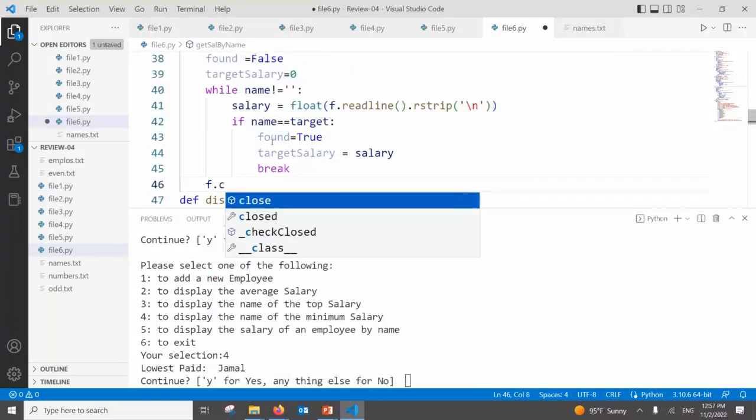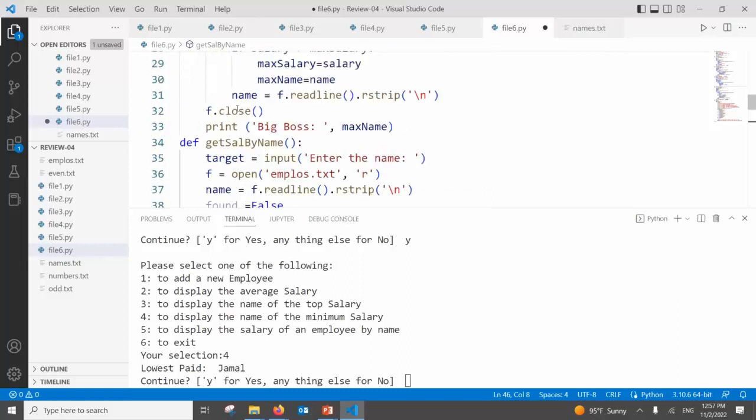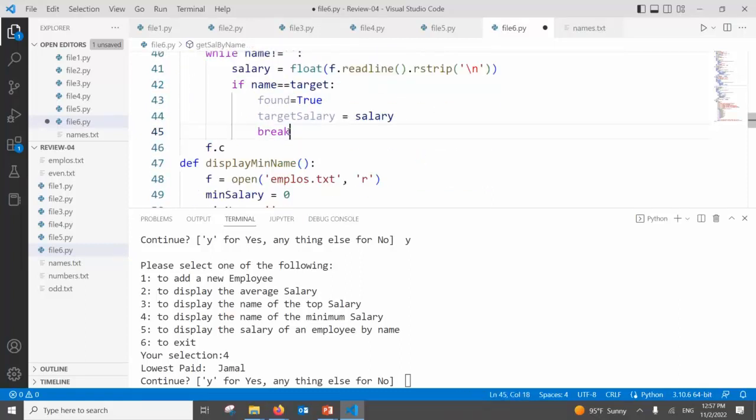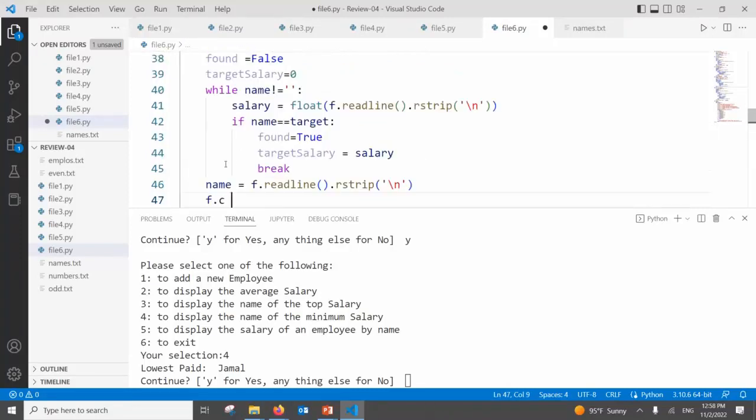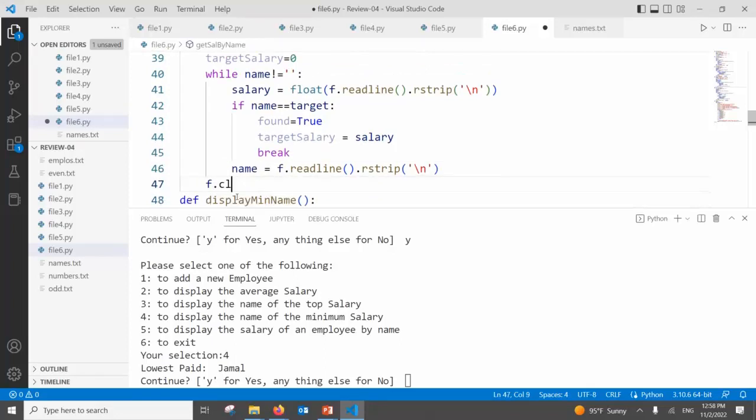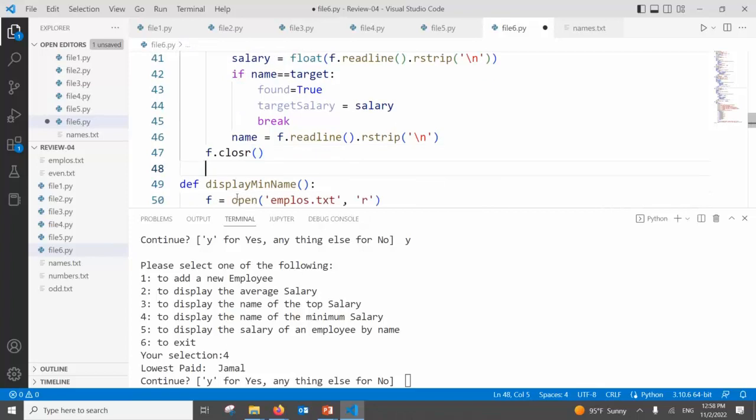Okay, file dot what? We need to read the name again, right? At the end of the loop here we process the data. Now we need to, while name here. Good. It's inside the loop, right? Okay. Here, file dot close and if